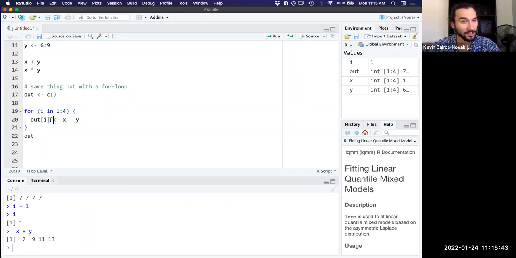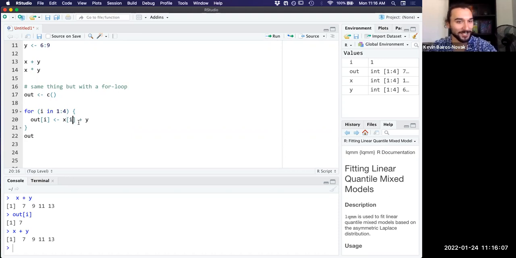And then if I look at what out currently is, it's only supposed to be one thing. So out is only supposed to be, it's only one thing we're putting into it, but we're trying to put in on the right-hand side 4 things, but we only want one thing. So what the heck, what have I done wrong here? Does anyone know? The one thing that I'm missing is I just need to add